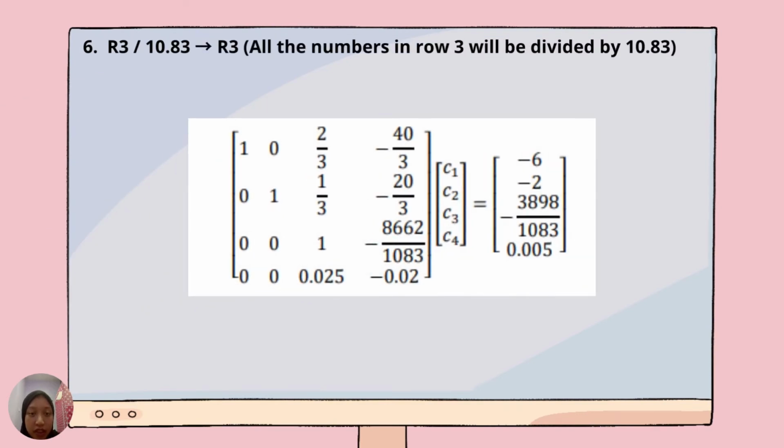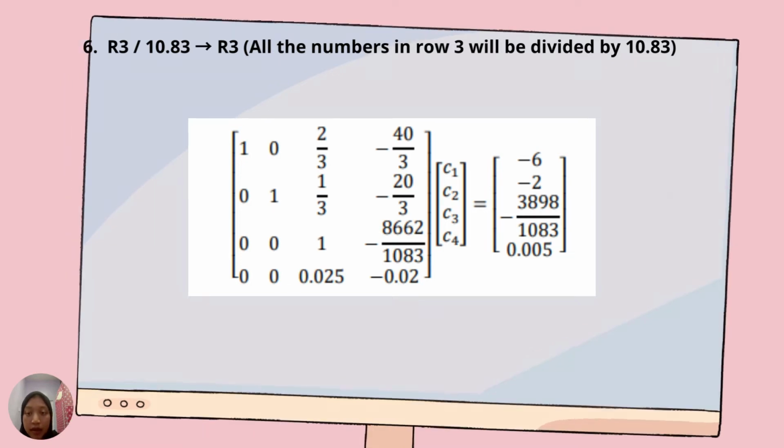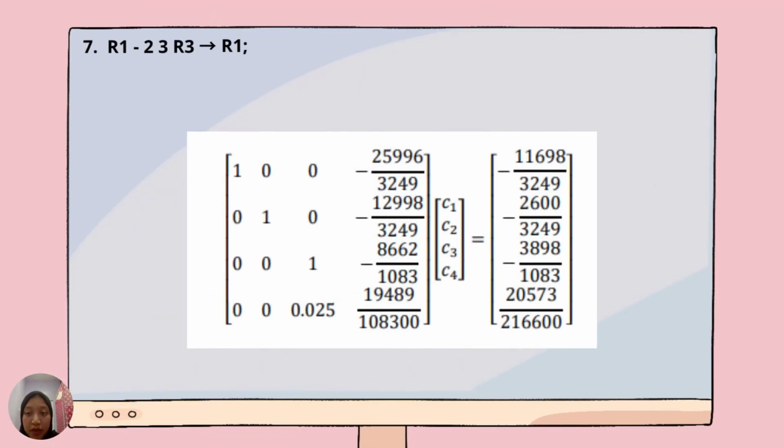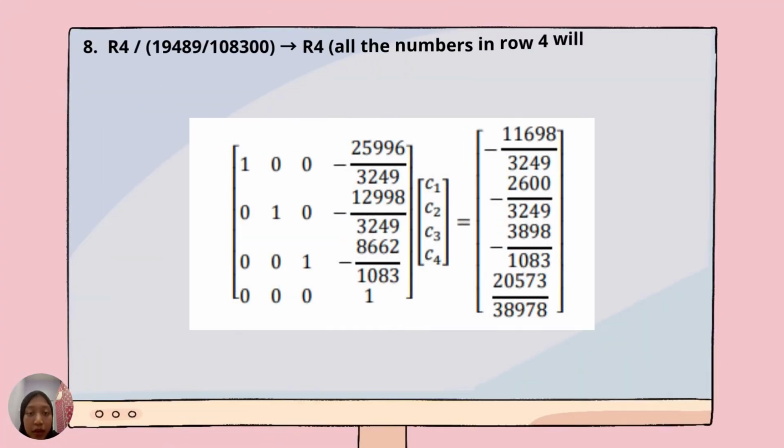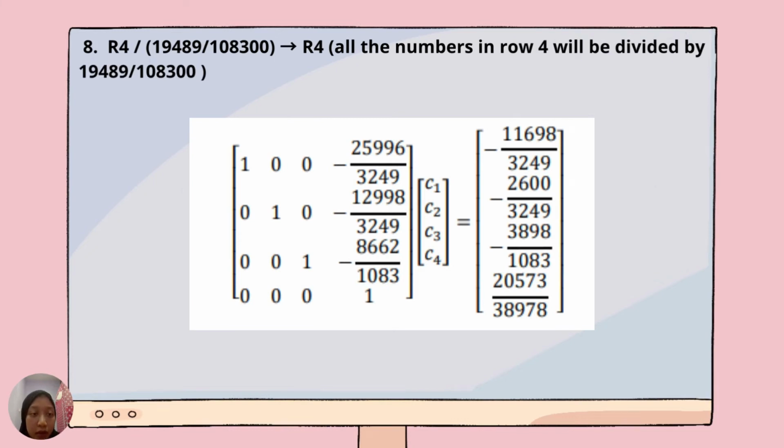For step number 6, all the numbers in row number 3 will be divided by 10.83. Next, the numbers in row number 3 will be multiplied by 2 over 3 and subtracted from row number 1. The numbers in row number 3 will be multiplied by 1 over 3 and then subtracted from row number 2. The last one is the numbers in row number 3 multiplied by 0.025 and then subtracted from row number 4. Next, all the numbers in row number 4 will be divided by